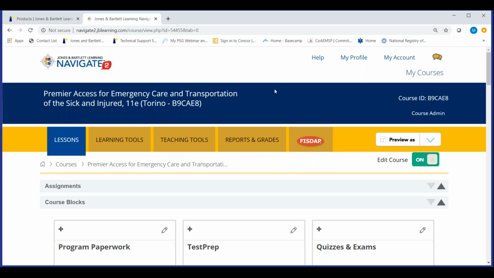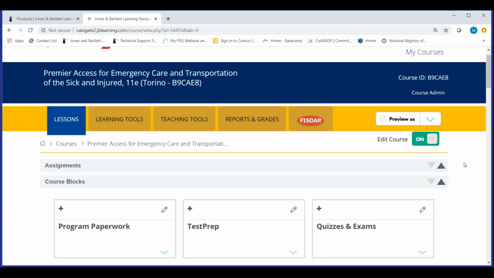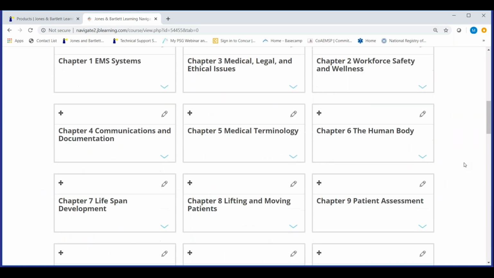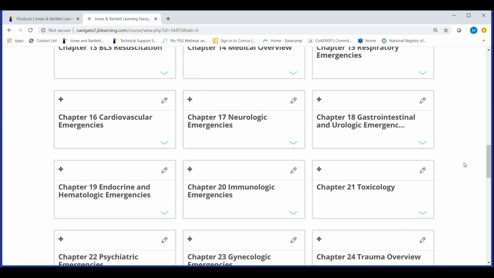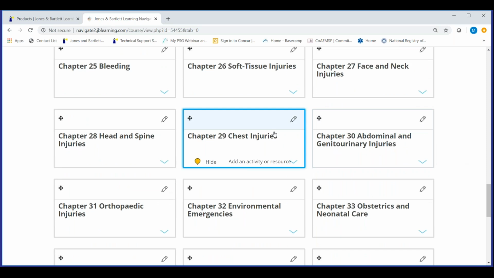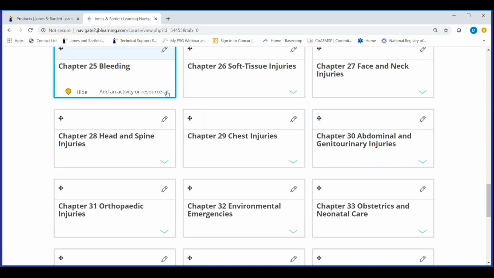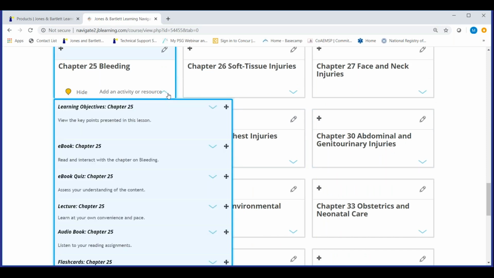Yeah, absolutely. So, a couple of the things that we've been talking about are things that our customers were using before this. They've just found that in this setting, it's become a really huge positive for them: our ebooks and our interactive lectures. So if I use chapter 25 as an example, we hit this little drop down arrow, and what's embedded in the chapter tiles for the students is our ebook.